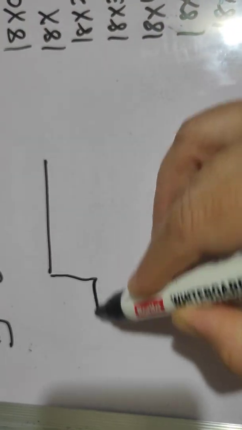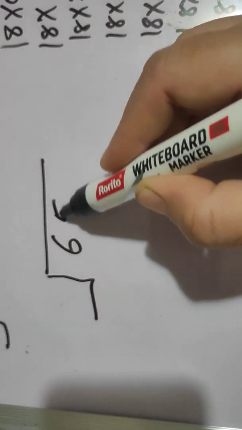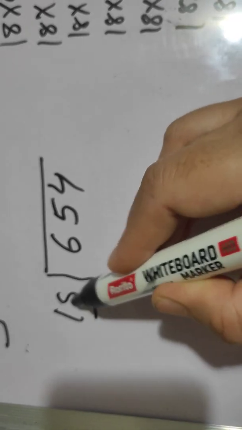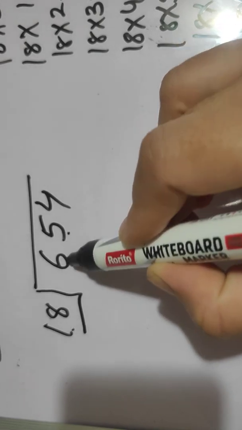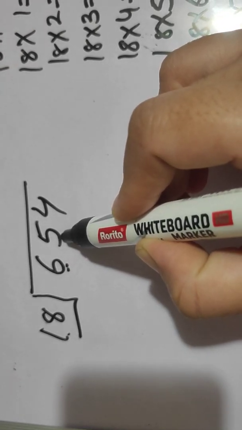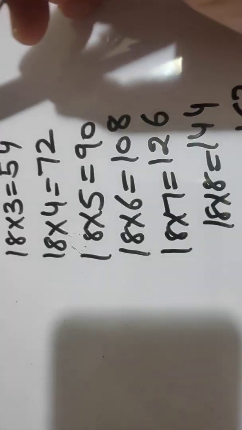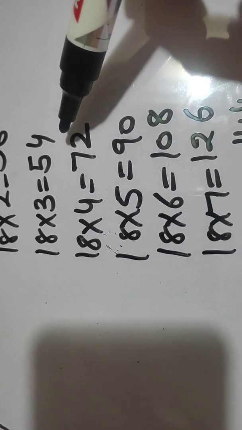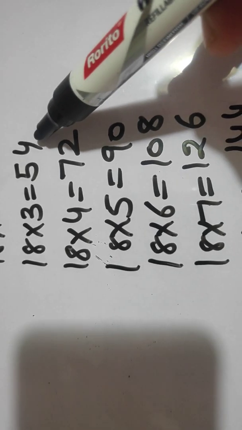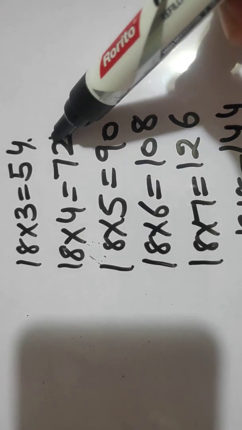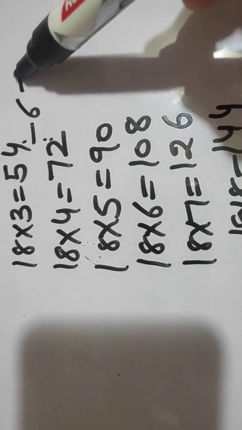Now it takes time to write the table, but now it becomes very easy for you to find out the answer of the division. We will divide by 18. So here in the divisor there are 2 digits, we will take 2 digits from the dividend also. It is 65. Check where is 65 and which is the suitable table for 65. See, 65 lies between 54 and 72 here.